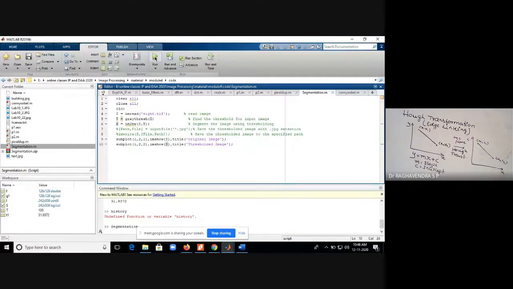It has started to execute now and shows busy here. So it means execution is going on.